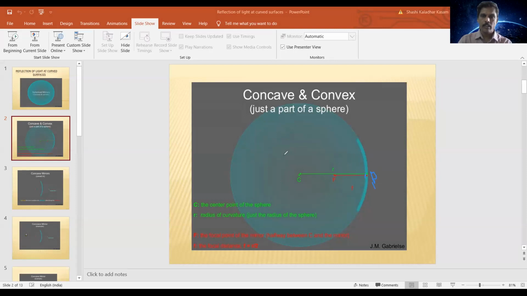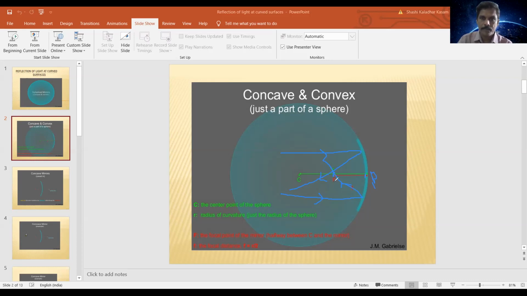All the rays incident on the reflecting surface of a concave mirror, which are parallel to the principal axis, after reflection must converge, they must meet at a point on the principal axis. This point is called the principal focus or focus. The distance between the pole and the focus is called the focal length.